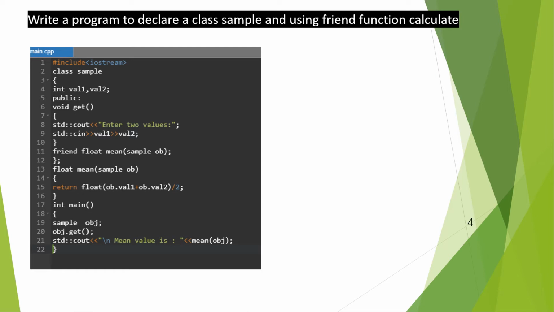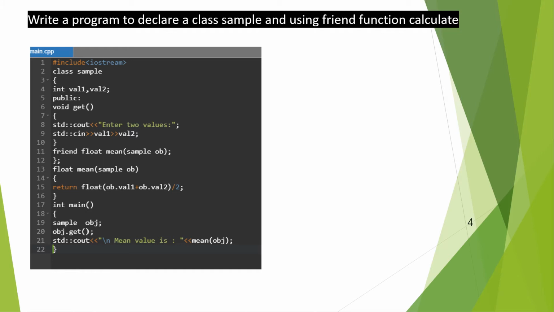Friend is a keyword, then the return type float, and the function name is mean. As we already saw in the characteristics, we cannot directly access the private members, so we have to pass the class object. We write the class name, sample, and then the object name, OB. Now we can access the data members of the class sample. How, we will see next.